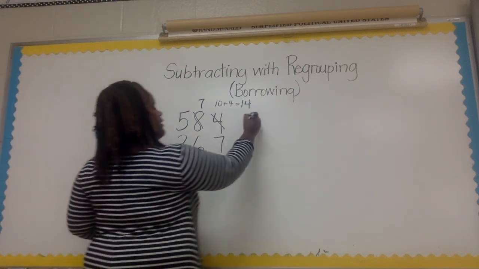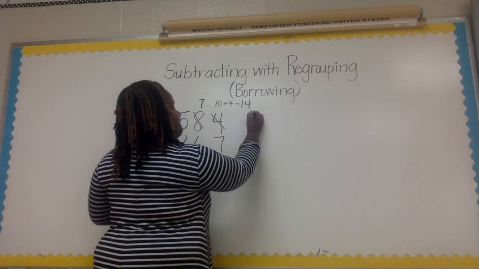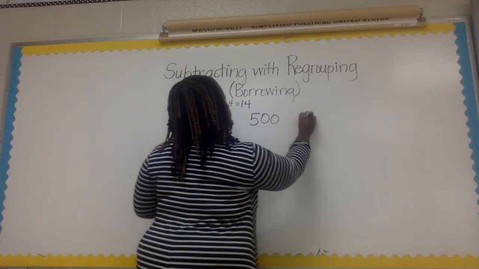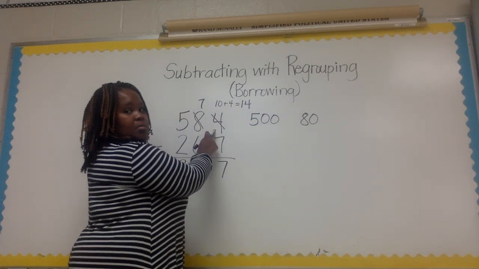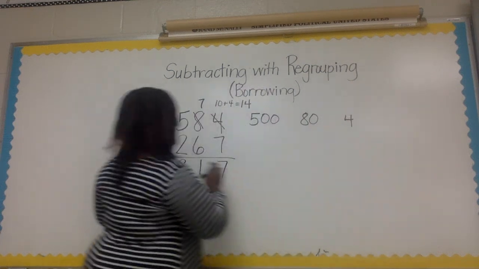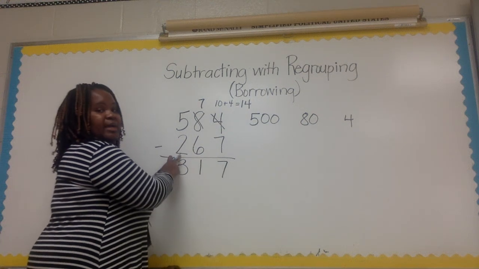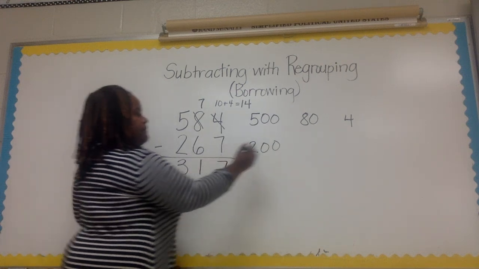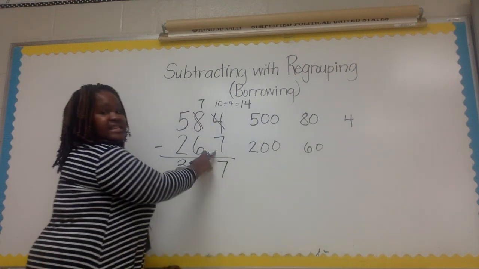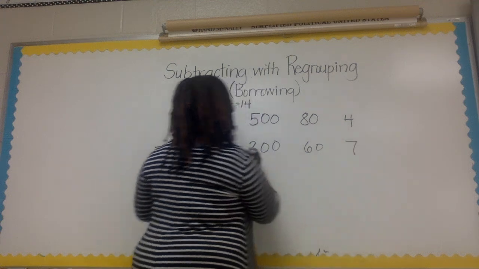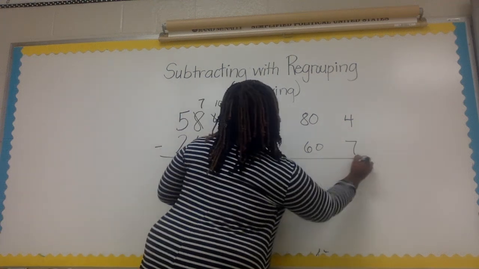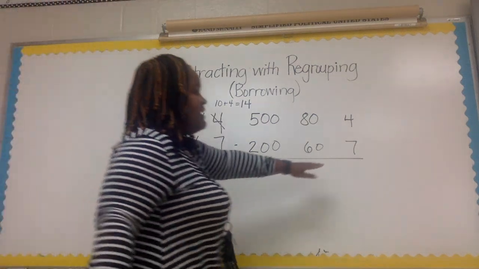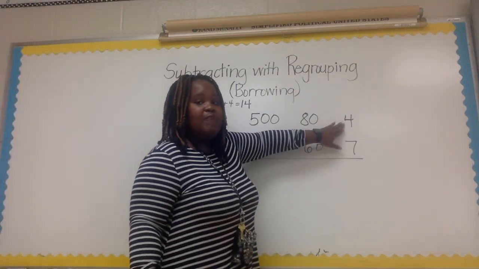So here we go. 500, 80, and 4. Then here we have 200, 60, and 7. And we're trying to subtract. Okay? All right. So, looking at this, I know I cannot take 7 from 4,